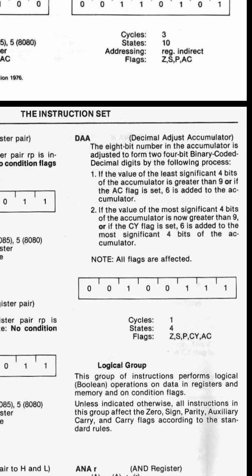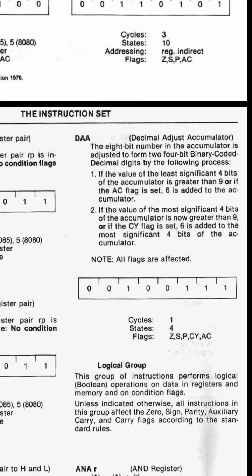It means whenever the number is greater than 9 and less than 16, the microprocessor will add 6 to the accumulator contents. If the value of the 4 MSB of the accumulator is greater than 9, or if the carry flag is set, 6 is added to the MSB of the accumulator. This is done by the microprocessor because there are two types of BCDs, packed and unpacked. To convert unpacked BCD into packed BCD, this instruction has to be performed, otherwise the result will be incorrect.